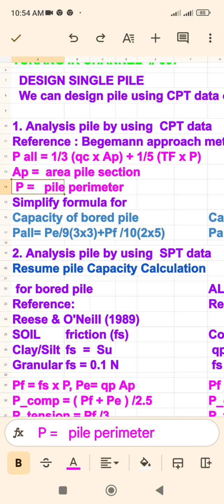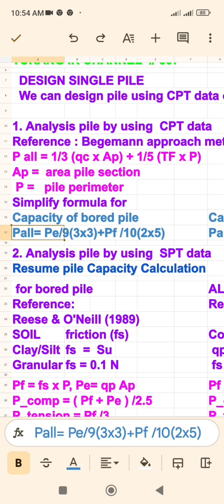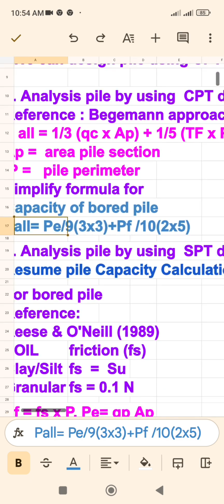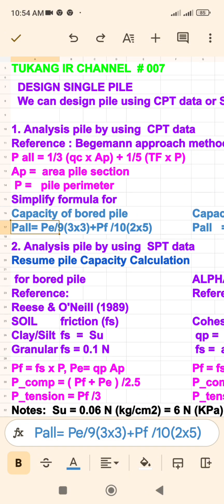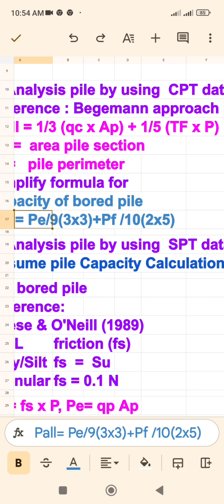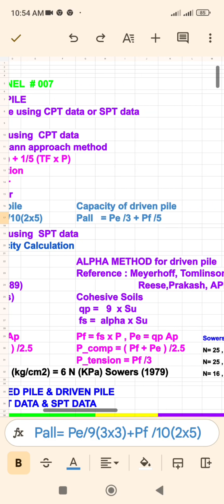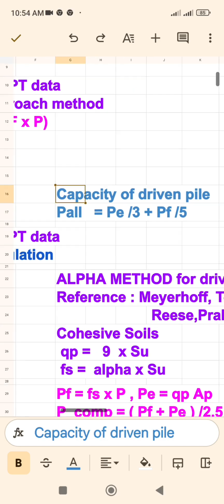2. SPT data to design bored pile, reference: Reese and O'Neill, 1989. Soil friction, Fs: clay, silt, Fs equals SU; granular, Fs equals 0.1 N; PF equals Fs x P. P ay equals QP x AP. P compression equals PF plus P ay over 2.5. P tension equals PF over 3. For design of driven pile,